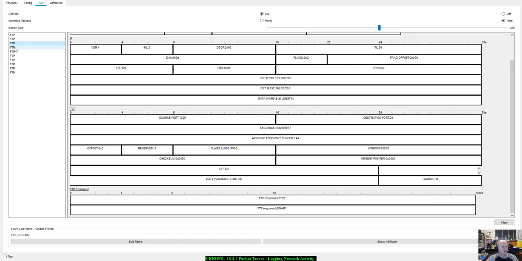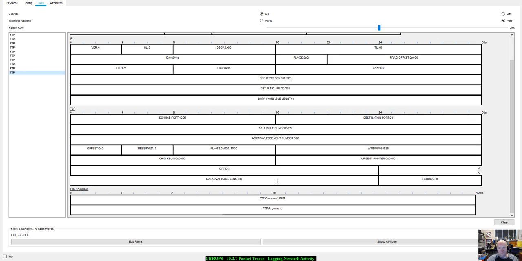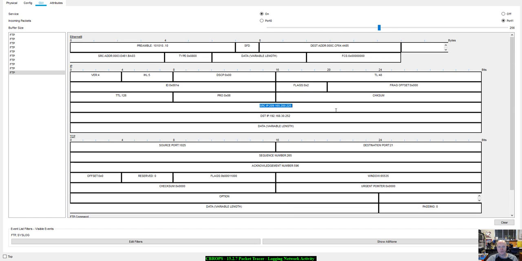Let's see, nothing really there, but data. Alright, you can see exactly what I did. This actually shows where it received my clientinfo.txt. Alright, and then that was the last one. That was the quit right there. So pretty straightforward. Notice the source